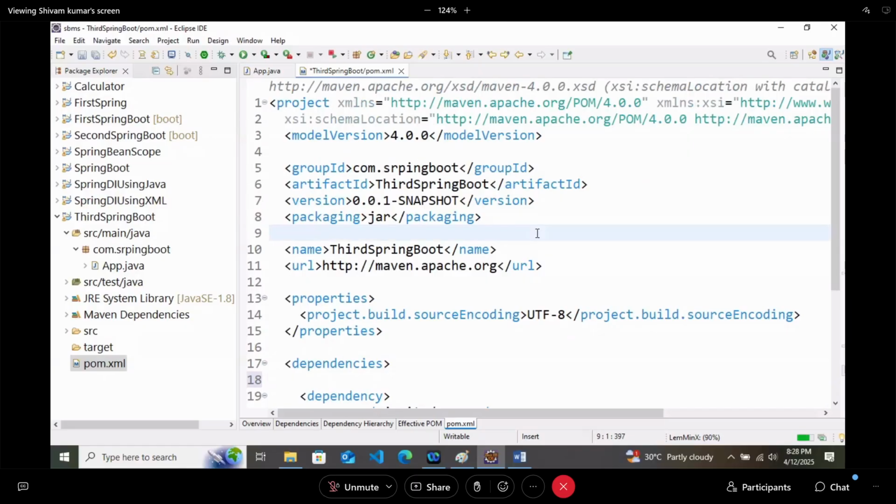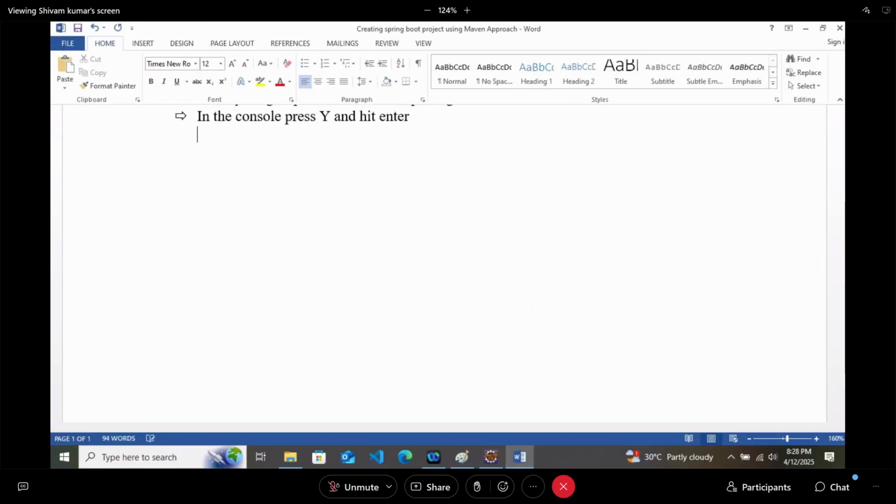So in that case, what we have to do? Let me write it. After this, we will get one Maven project, which is just a normal Java project.